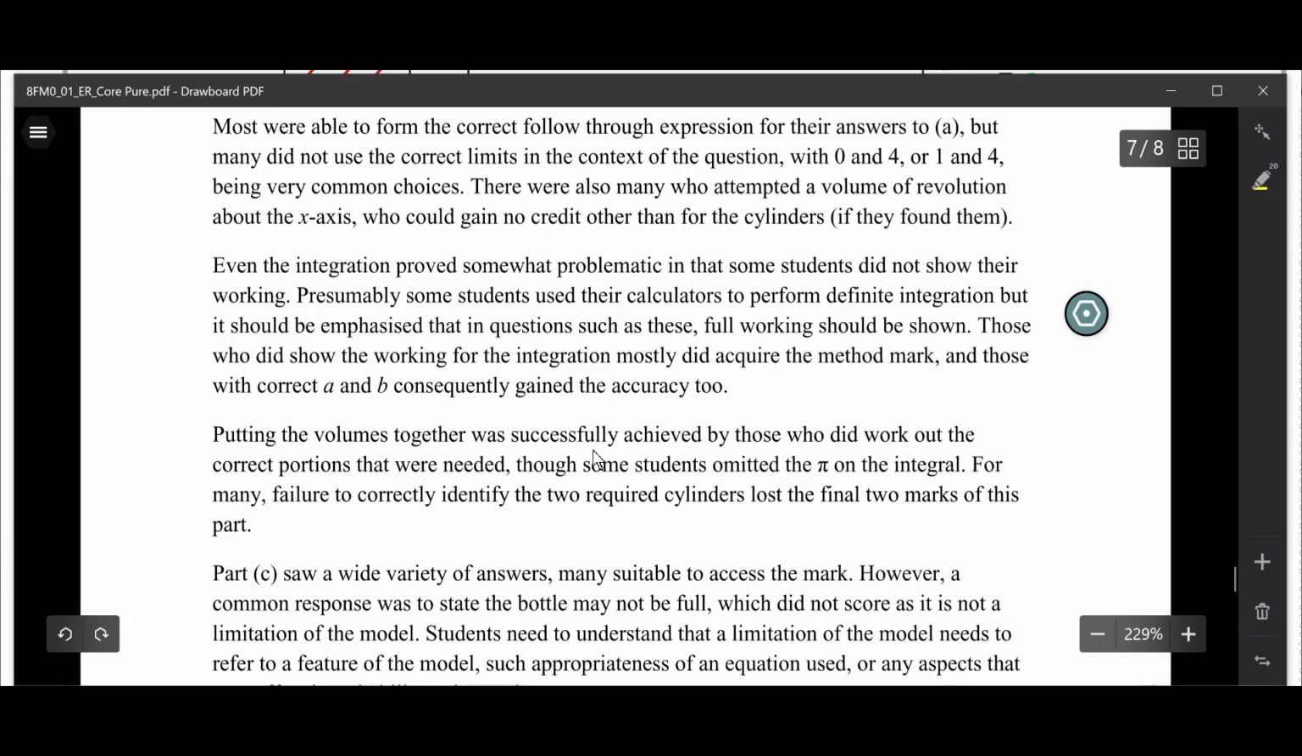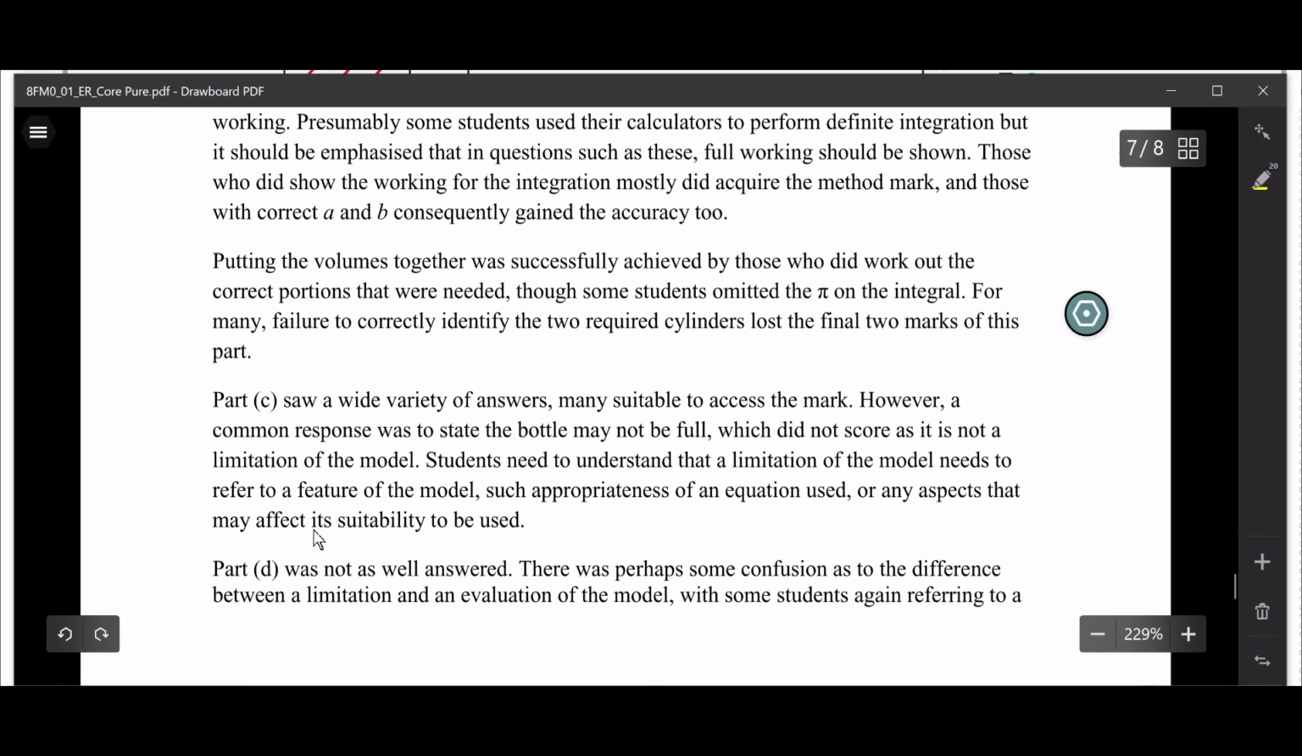Putting the volumes together was successfully achieved by those who did work out the correct portions that were needed, though some students omitted the pi on the integral. For many, failure to correctly identify the two required cylinders lost the final 2 marks of this part. Part C saw a wide variety of answers, many suitable to access the mark. However, a common response was to state that the bottle may not be full, which did not score